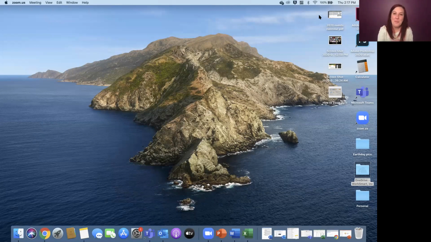Alrighty, so first I'm going to show you how to set up a meeting through the desktop portal. The desktop portal is super convenient, but it doesn't have as many options as the web portal does. So I'm going to walk you through this first. The cool thing about the desktop portal is I have all of my upcoming meetings here in this nice little bar on the side. And it's super easy to schedule a new meeting. I can also see past recordings of my own meetings.